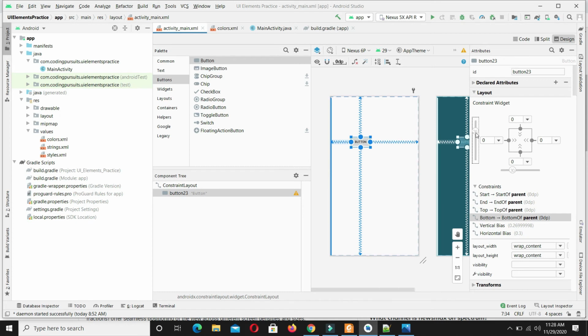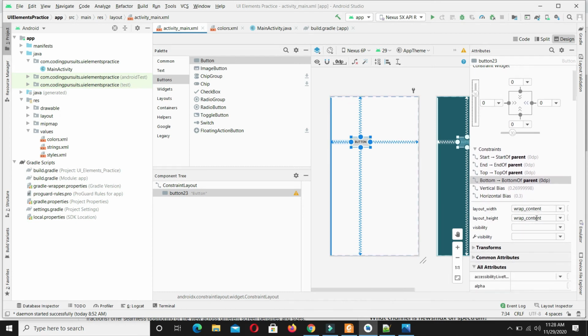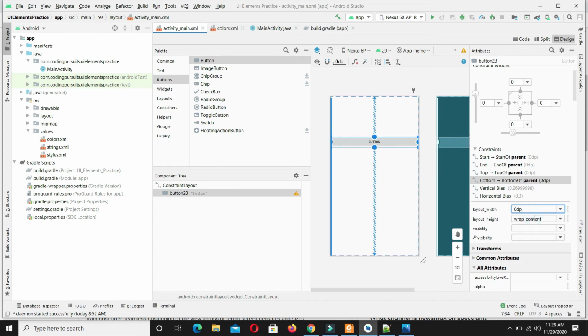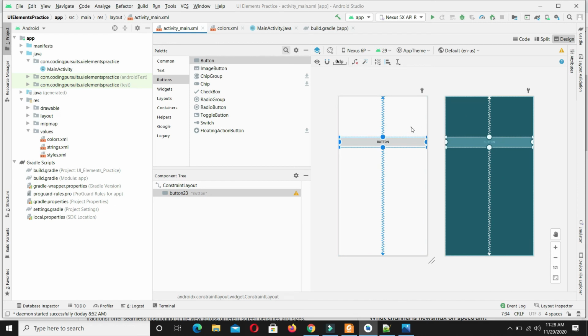In this way I can control its bias, and from here I can control the layout width. Currently I have the wrap content width. If I select match constraints, it covers all the available space here. Now hide it and come back to our design mode, clear all constraints, select the button.